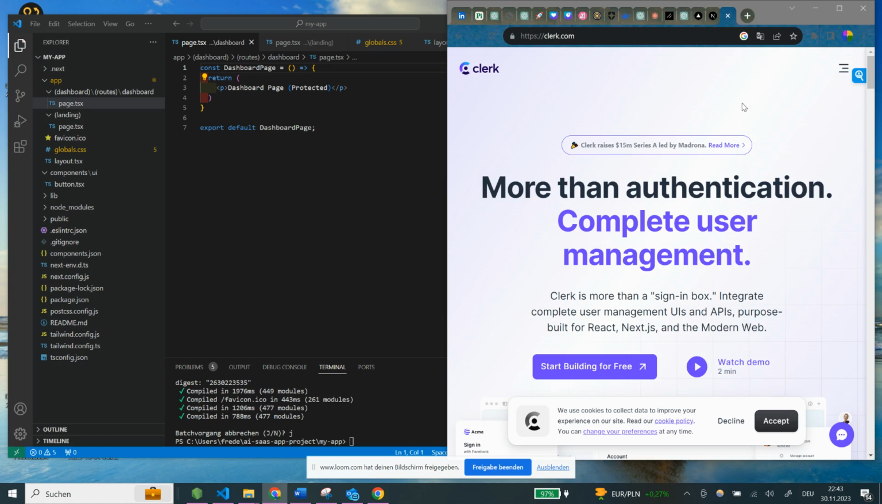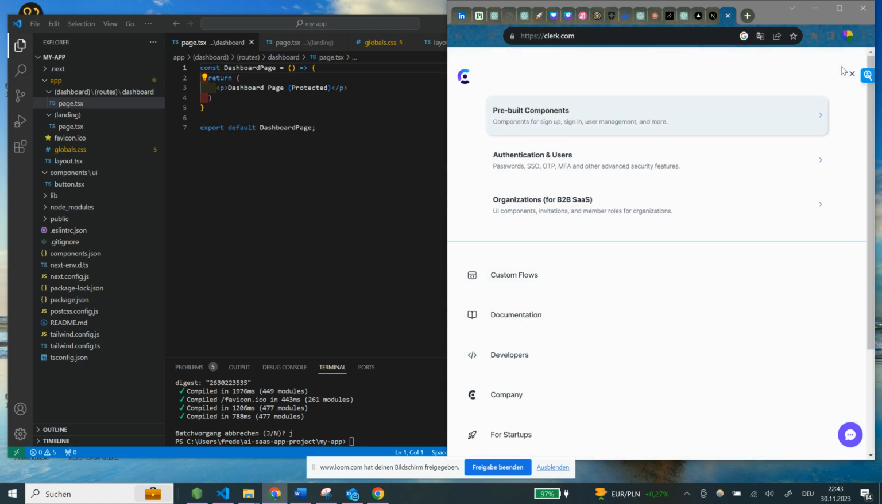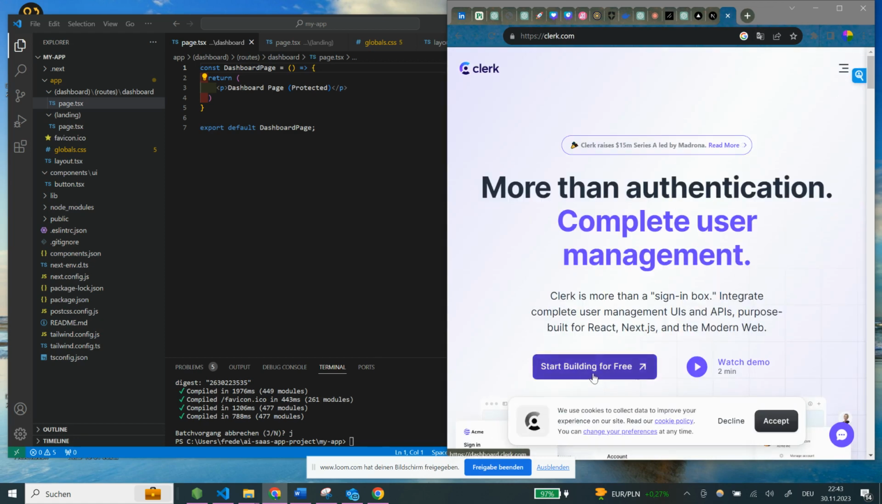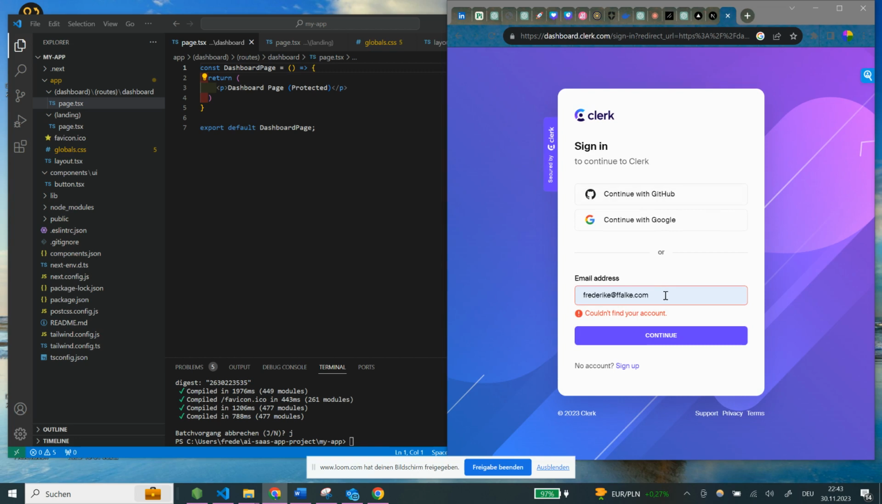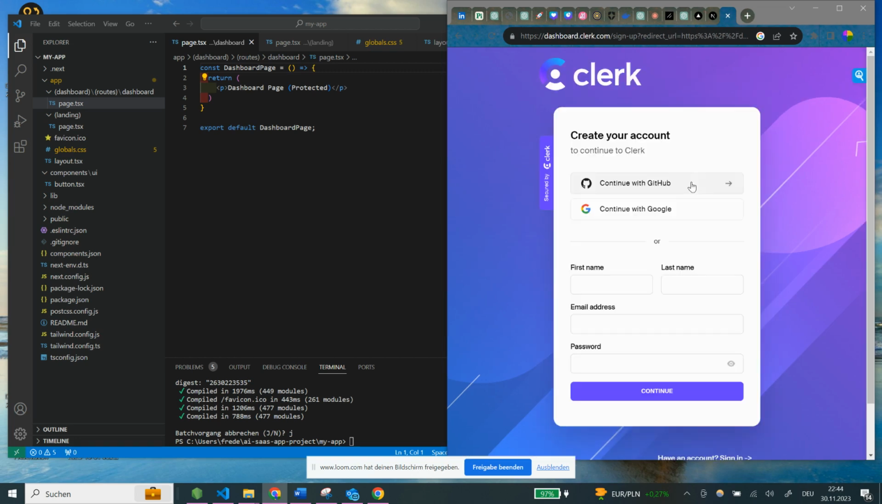You can sign up with GitHub or Google or regular registration. I'm going to use Google for this one. So I'm going to pause the video a bit and register. Okay, so we need to register. Okay, we do this with an email address. So now you see all my email addresses. I use this one. Couldn't find your account, yeah, sure, because I haven't signed up yet. Okay, so now we see